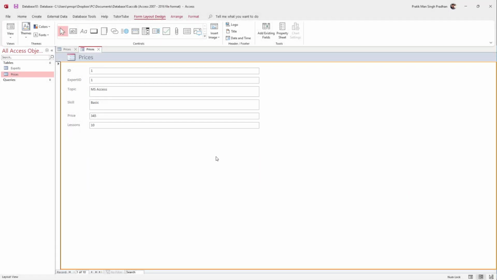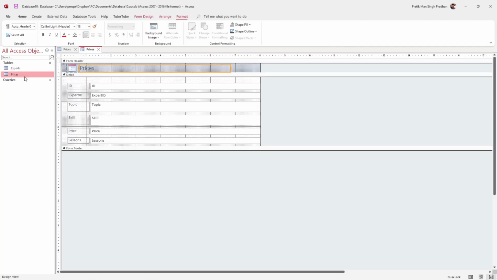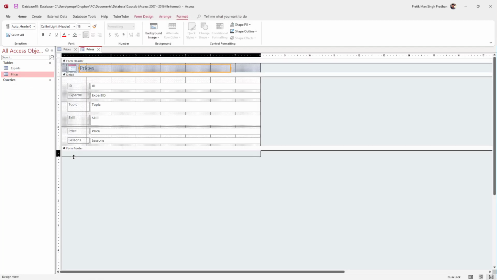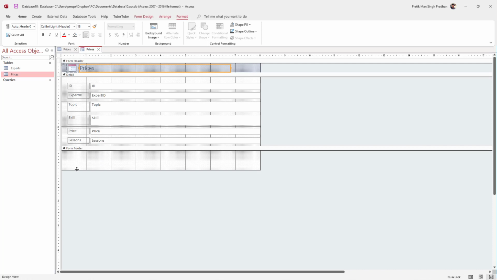So over here you can see that I have a form, and now let's say what I want to do is bring in some buttons for form navigation. So to do that, on the top left you can see View right here. So I'm going to change that from view to design view. And now I'm going to pull off the form footer right here, where I'm going to add in the buttons